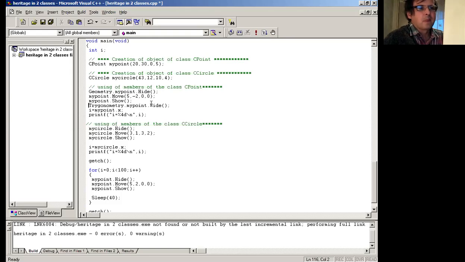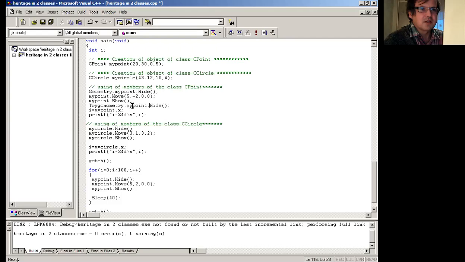Okay, yes, because father has a brother, so the surname is the same, but different fathers, so different persons. So in this case, this my point object is the object created in geometry, in some geometry